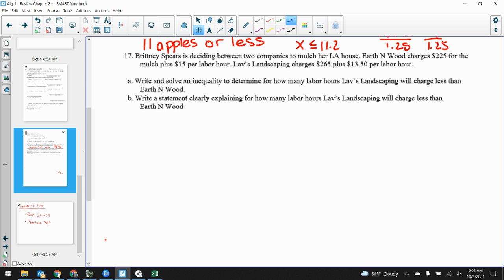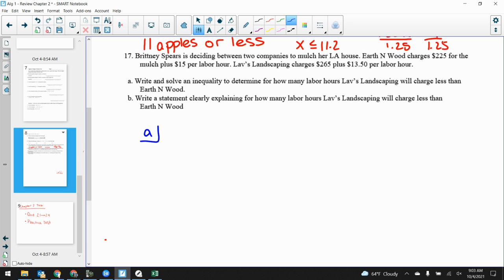Britney Spears is deciding between two companies to mulch for her house. Earth and Wood charges $225 for the mulch plus $15 per hour. Labs Landscaping, that's me, charges $265 plus $13.50 per hour. So Earth and Wood charges more per hour, but they have a lower initial fee. Now write and solve an inequality to determine